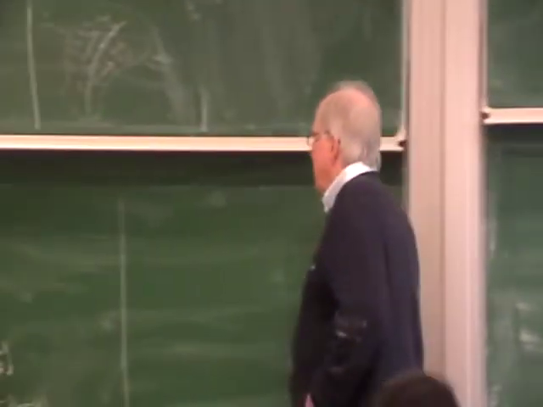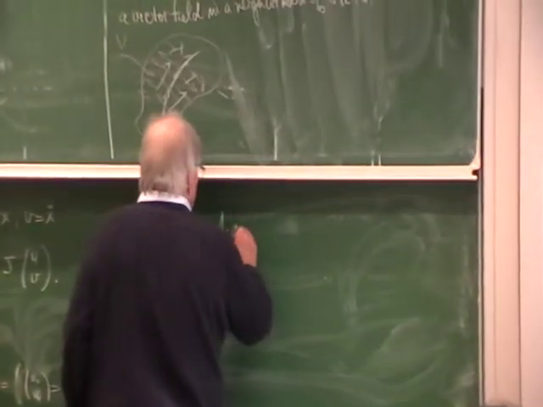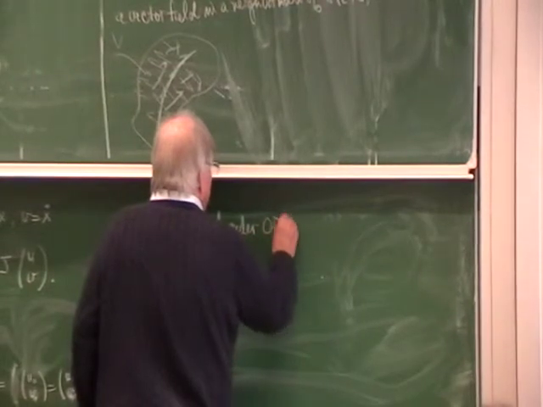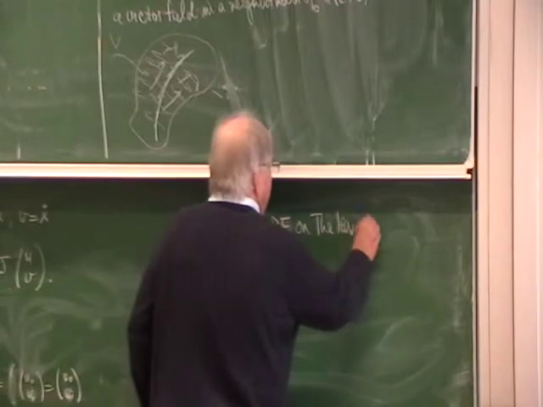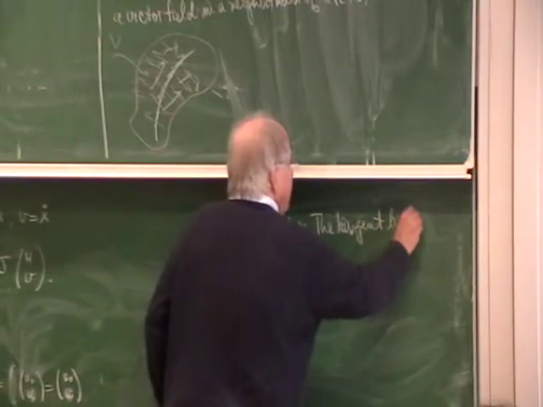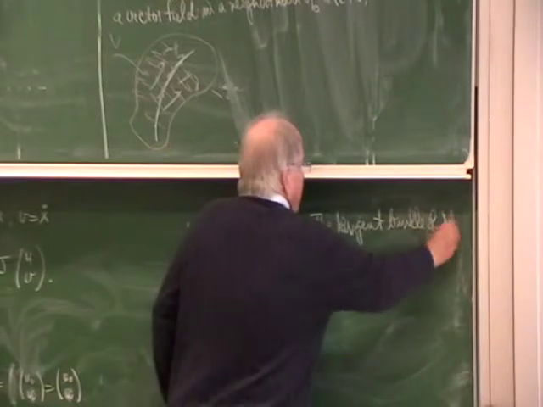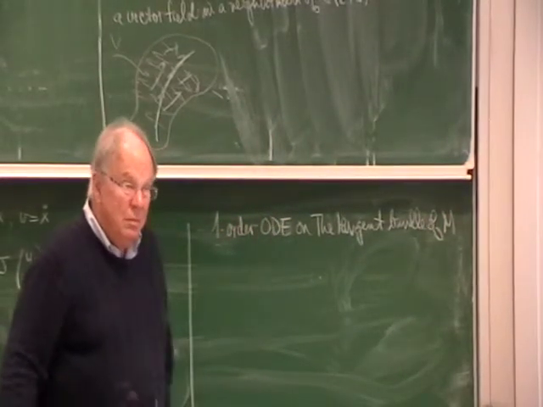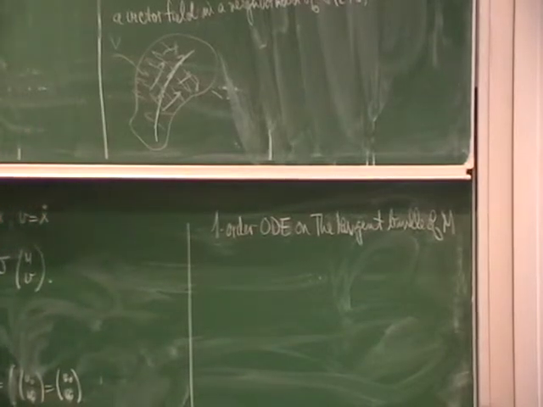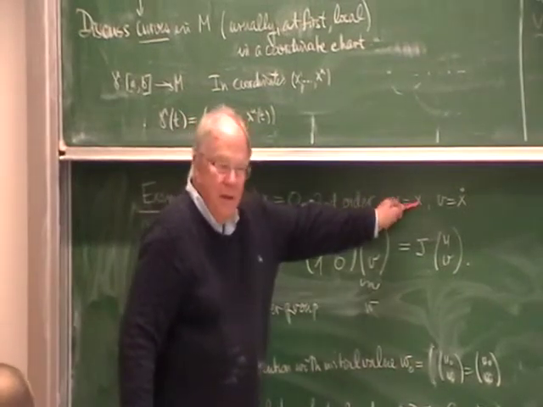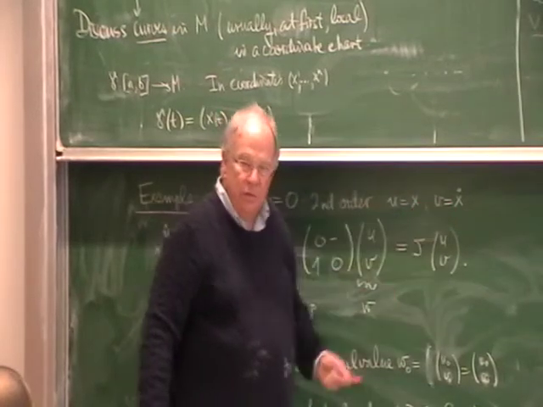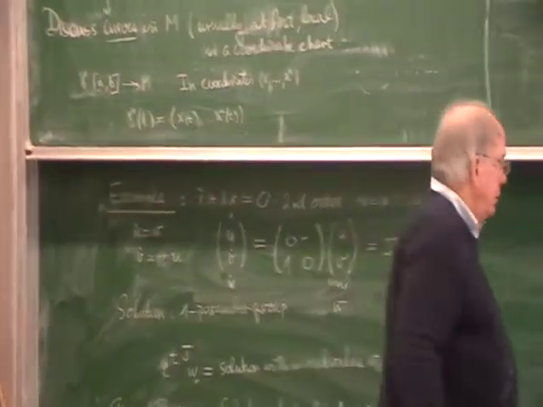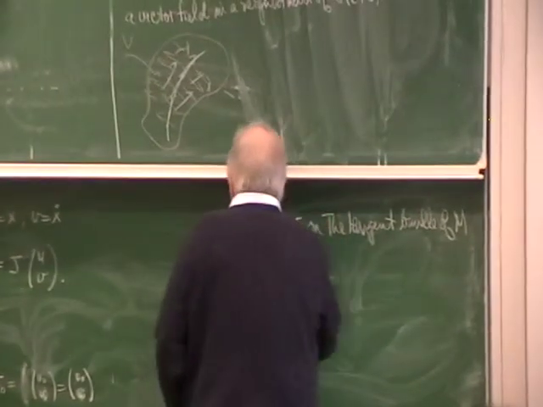So the first order ODE is defined on the tangent bundle. Right? Is it not? Excusez-moi. This is U equals X and V equals X dot. This is an ODE on the tangent bundle of the manifold. So the connection geodesic